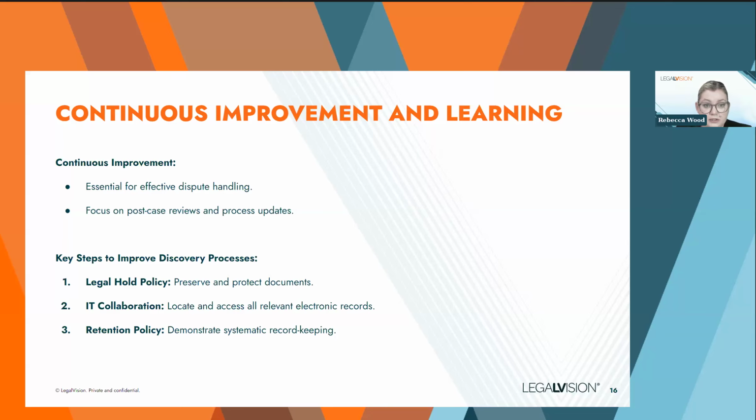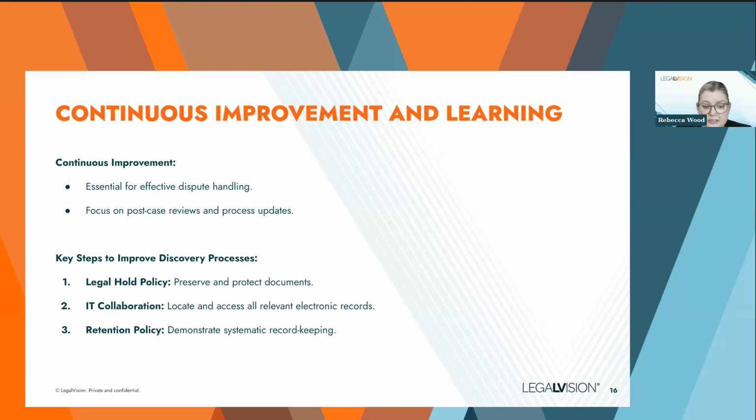Secondly, it's really important to work closely with your IT team, and important to do this from the start. Discovery, as we know in this modern world, is not just about hard copy files and documents on people's desks anymore. It's about locating electronic information. So it's being able to identify where it's stored, how it's stored, and how we can access it. So it might involve locating electronic documents, computer systems, servers, or digital folders. So engaging with the IT team